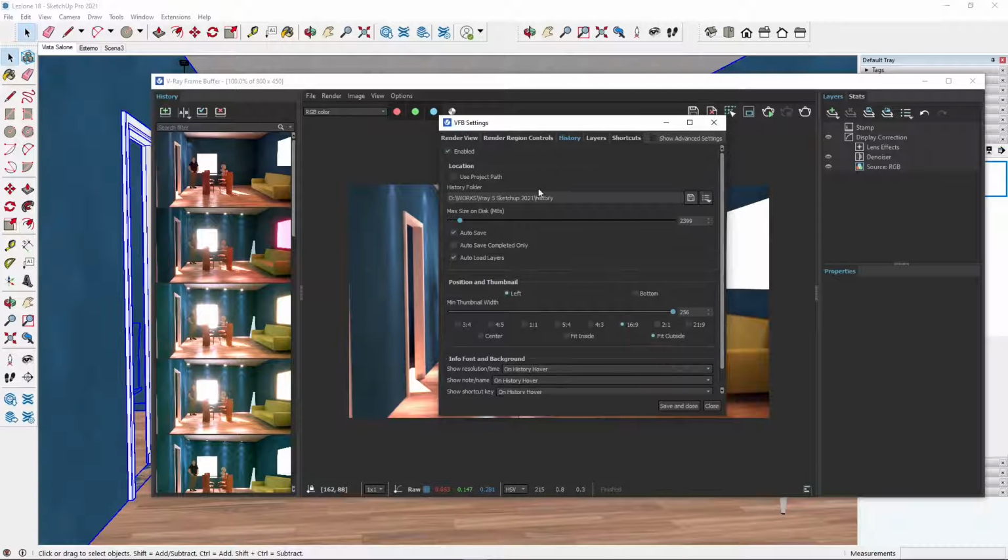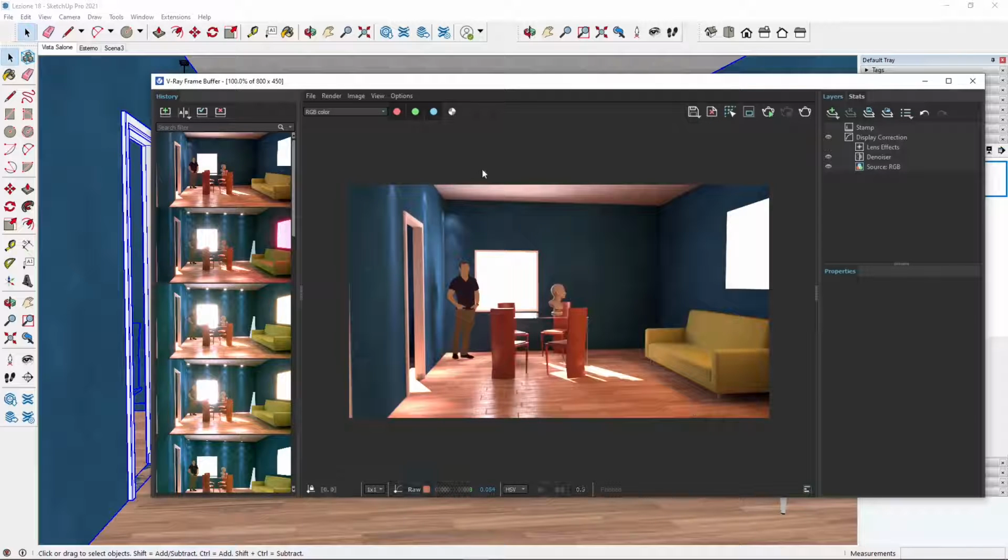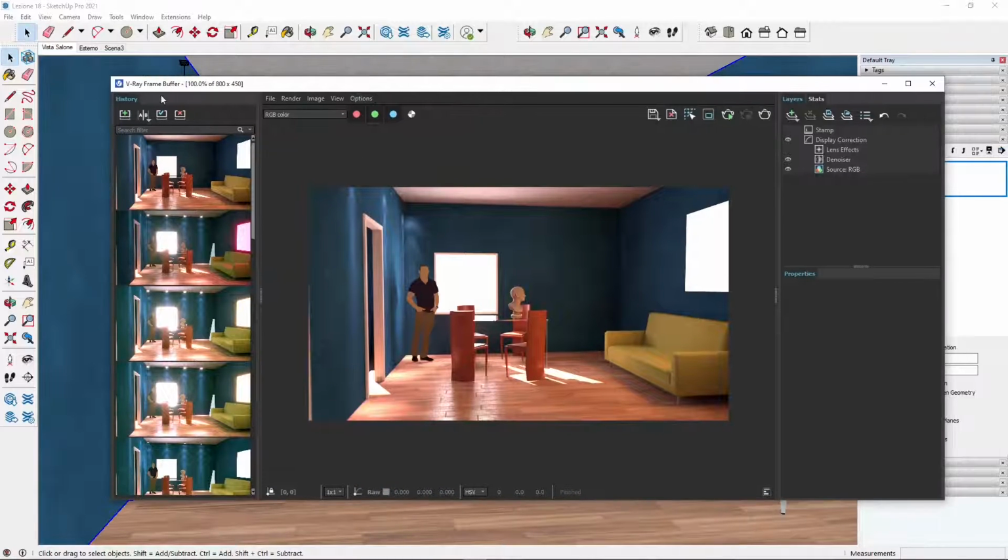Now when you're finished setting up the primary things, which are this one here on the top, you can save and close. And now you can start to work with the history. So for example, here it automatically saved this render. It's gonna also give me the time. This is 56 seconds. And this is because I have set that time limit. So it's taking really